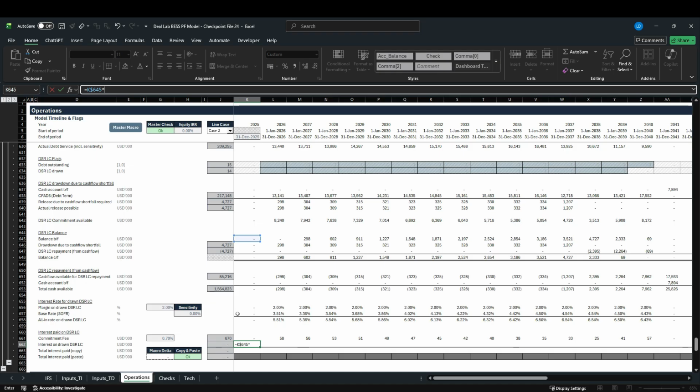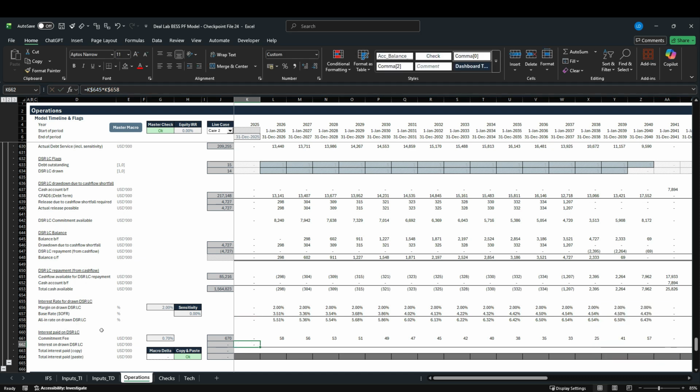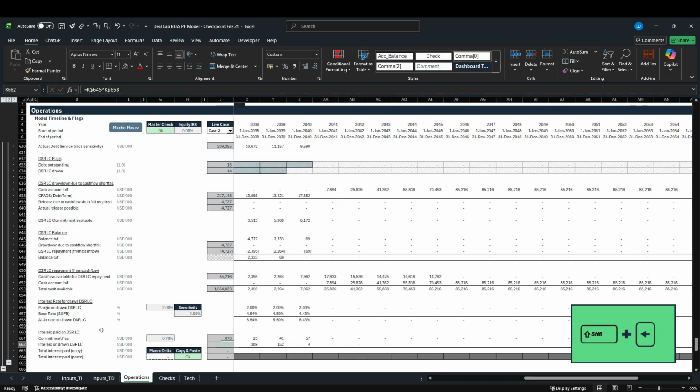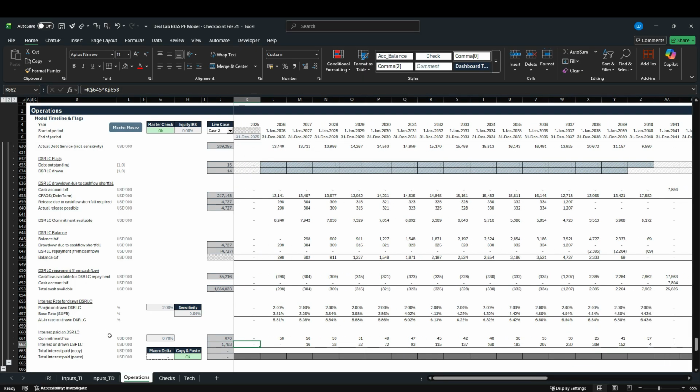our all-in interest rate on the drawn DSR-LC. Hit F4 1, 2 times as well. Drag this one over, Control R. And now we know the total interest on the drawn amount, which is $1.7 million,